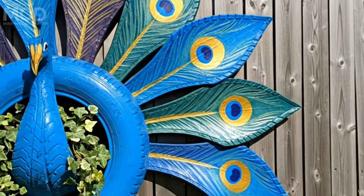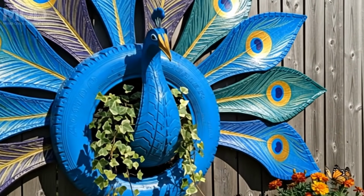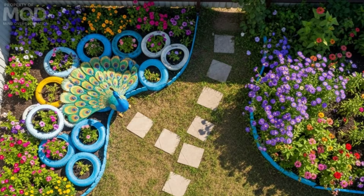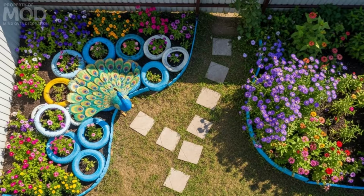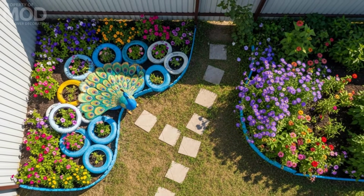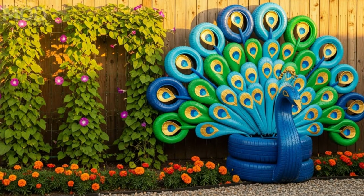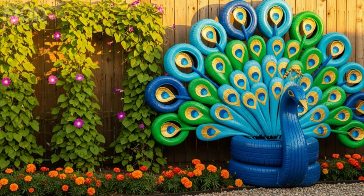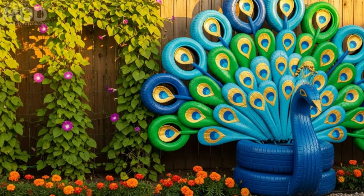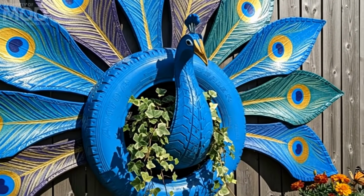In a quiet corner of the garden, where the wooden fence meets the whispering leaves, a burst of color suddenly catches the eye. A peacock, majestic and proud, yet born from the most unexpected material: old, forgotten tires. Each curve of its tail tells a story of transformation. Once rough and black, these tires are now feathers, painted in shimmering hues of turquoise, indigo, and gold, glowing softly